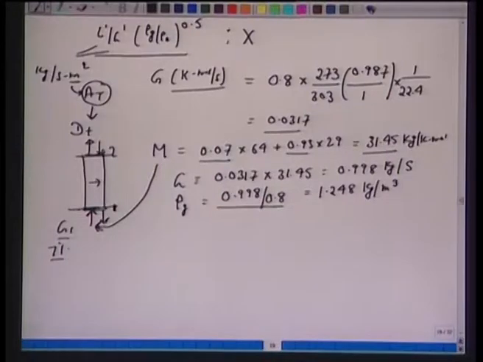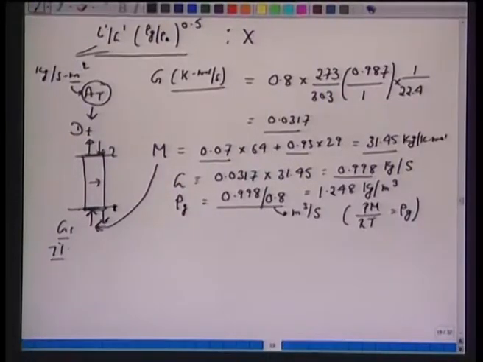So, this is the volumetric flow rate. This was given to us in cubic meter per second, and just now we calculated kg per second. So, we can get the gas density. Alternatively, we will get the same result if you calculate PM over RT for rho G. You will get the same result. You must check as an exercise. So, now we can calculate our x axis, L prime over G prime.